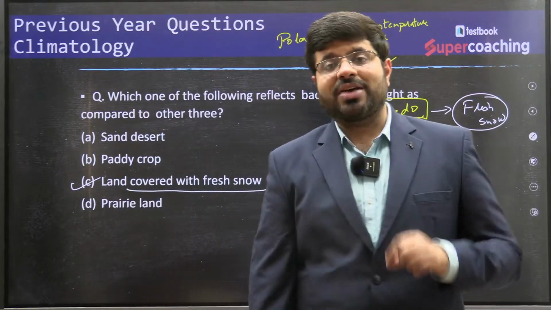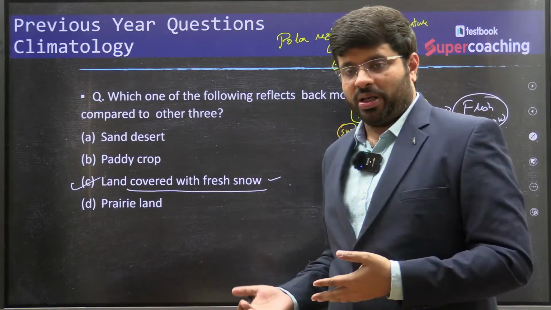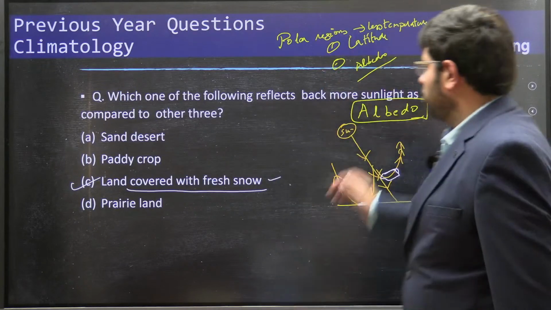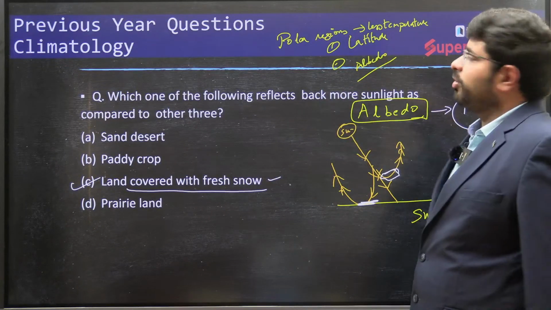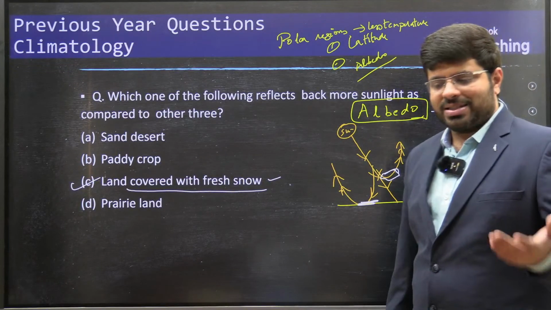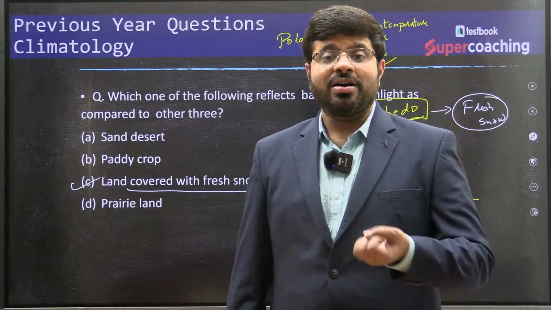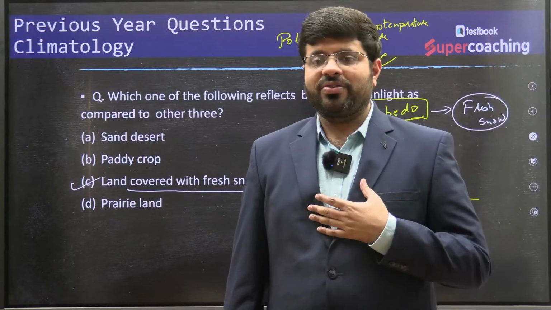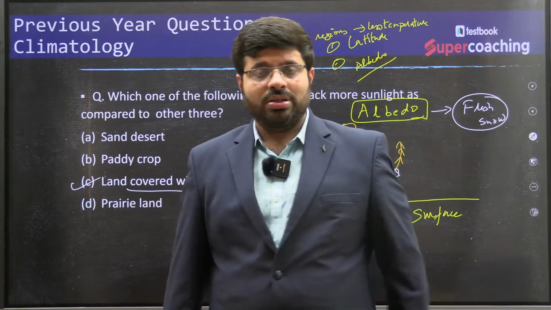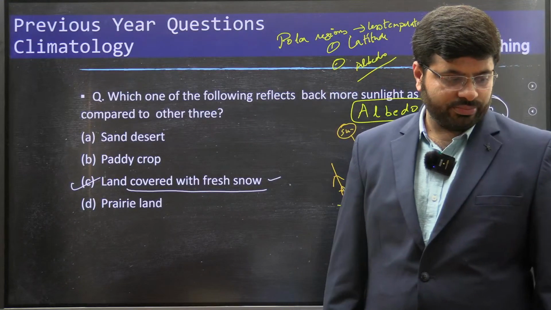Polar regions have less temperature primarily because they receive lesser insolation when compared with the tropics, but whatever they receive, the majority is reflected back. So a mix of both is the reason why you find lesser temperature. So albedo, land covered with fresh snow, whether it is the polar regions, or the third pole of the world, which is the Himalayas, right? Where do you find the loftiest mountains? Himalayas. Where do you find the fresh snow? The glaciers. You do find a decent amount of albedo value, right?